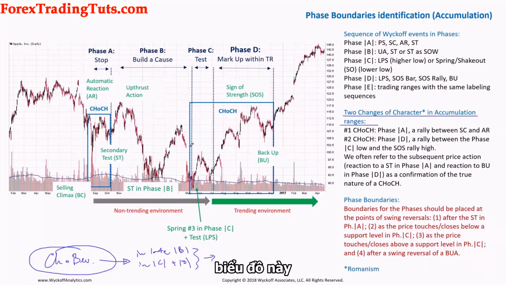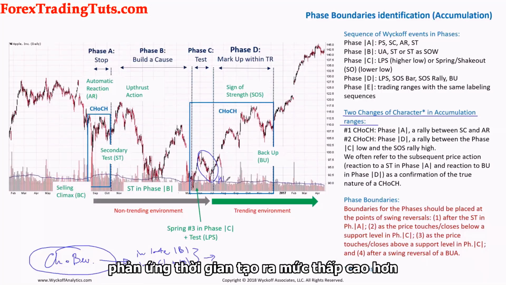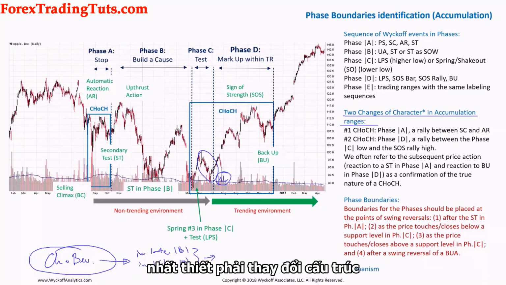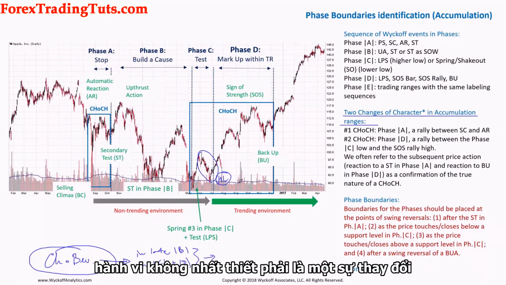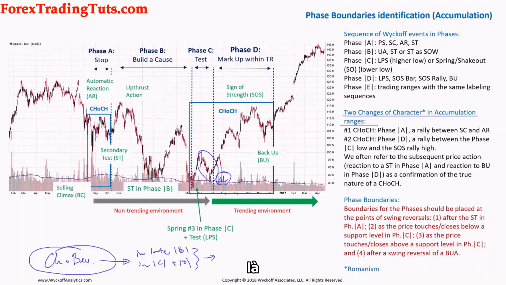So for instance, when we look at this chart, let's say at this reaction right here, for the first time the reaction creates a higher low. So that's a change of behavior. It's not necessarily a change of structure, because a change of character is a change of structure. But a change of behavior is not necessarily a change of structure per se, where we are